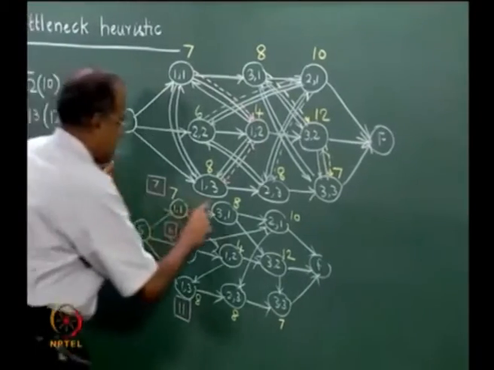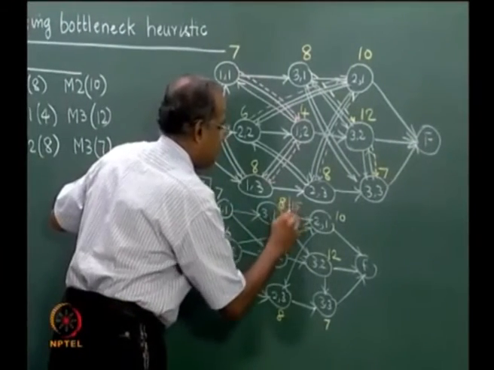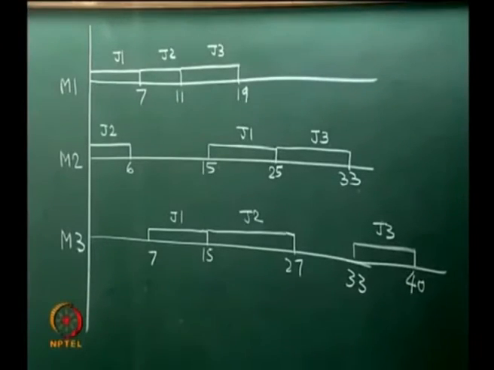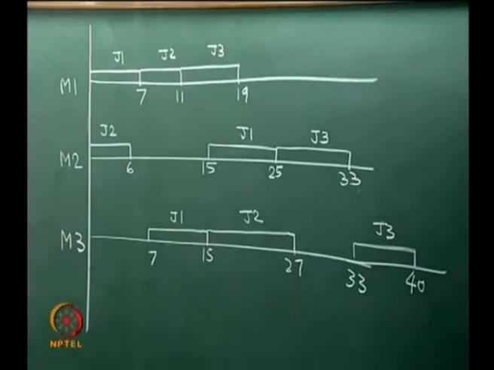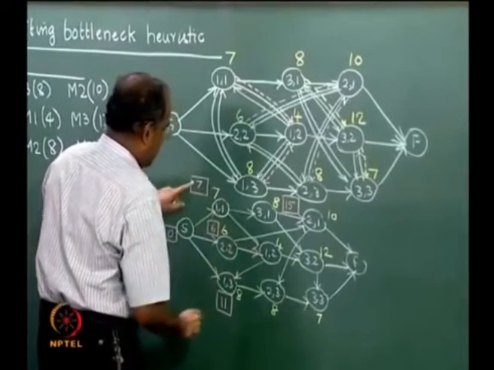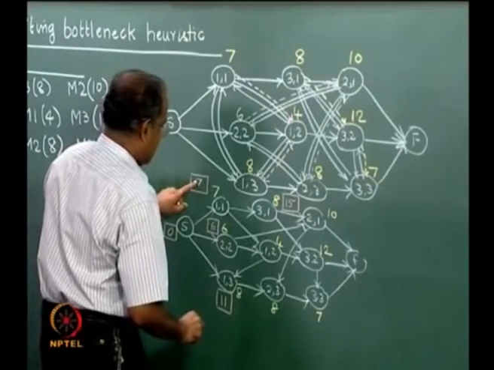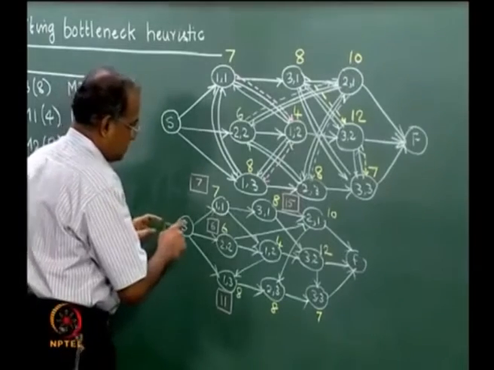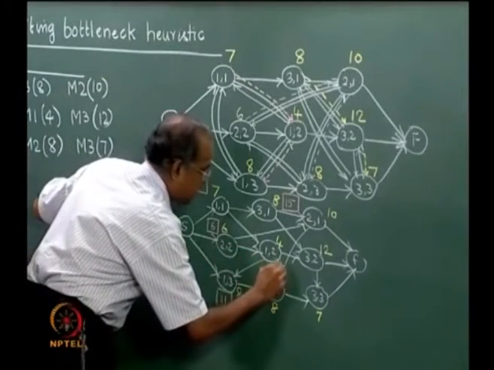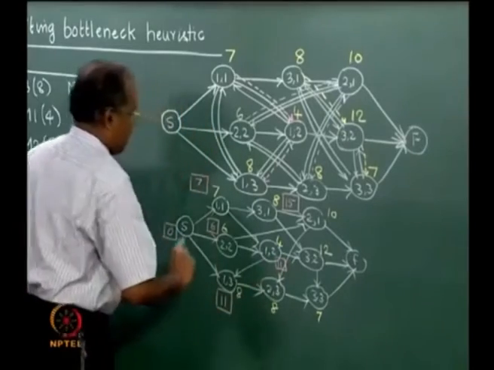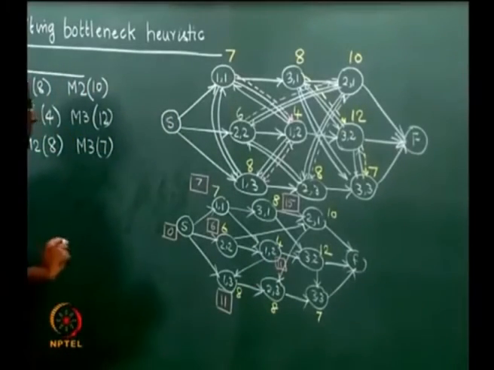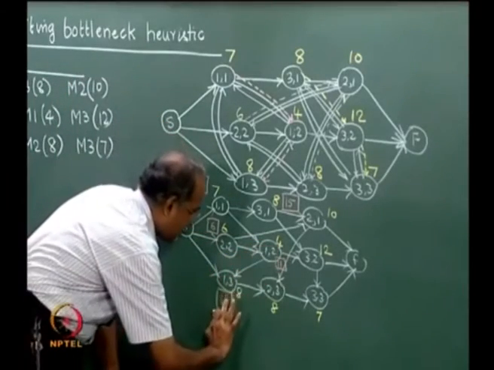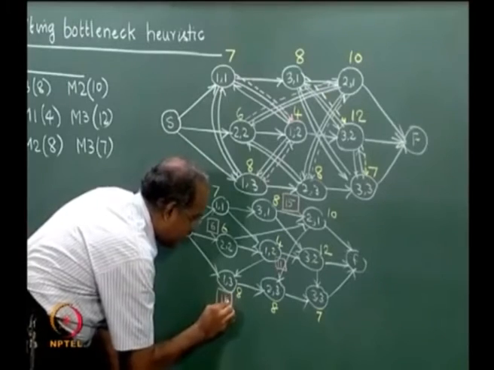Then we have to move to this node. This is 15, 7 plus 8, 15, which also we can see in that chart. Now, we come here. So, this is 11, sorry, 7 plus 4, 11. Now, we have to write it in such a manner that we take it after we include this. So, this will become 7 plus 4, 11, 11 plus this 8 will become 19.